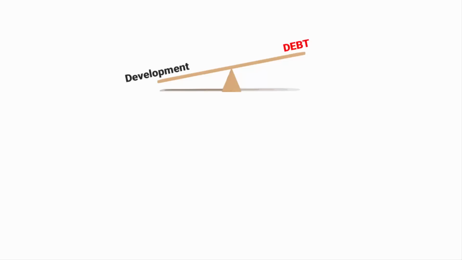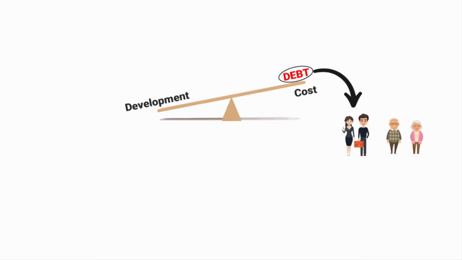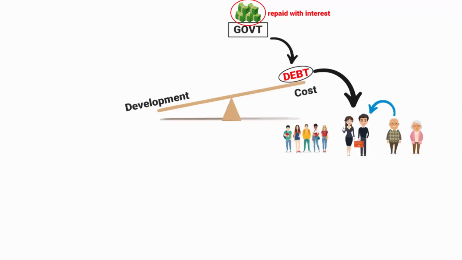Therefore, it is very important for any country to assess its policies with respect to development and debt. Because the fact of the matter is, everybody wants to develop, but then development comes with a cost. A debt of a country is typically passed on to future generations. When a government incurs debt, it essentially borrows money that will need to be repaid with interest over a specified period. Suppose if the debt is not fully repaid during the current generation's time, the responsibility to repay the remaining debt falls on future generations. It is plain and simple.